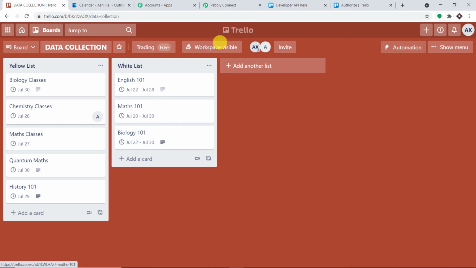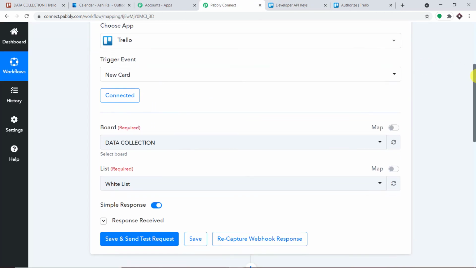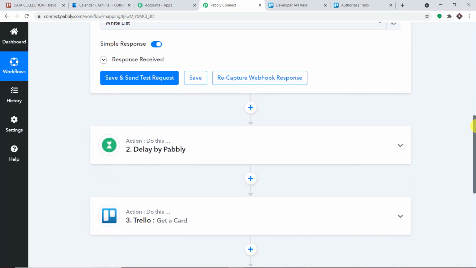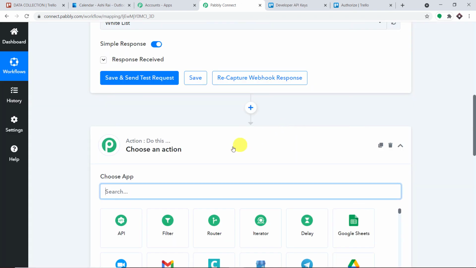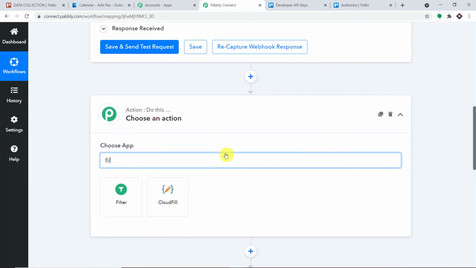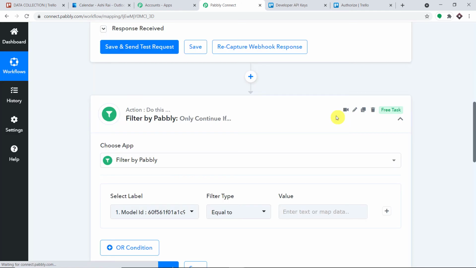So what I'm going to do here is, once again, let me go to Pabbly Connect and let me just make one more minor change in this workflow. So let me introduce the module called filter. So this will only send the data when a card is created. Okay, as I mentioned earlier, the card once created, it is also getting updated. But we don't want the data of the updated one. So that is why we are going to introduce the filter.